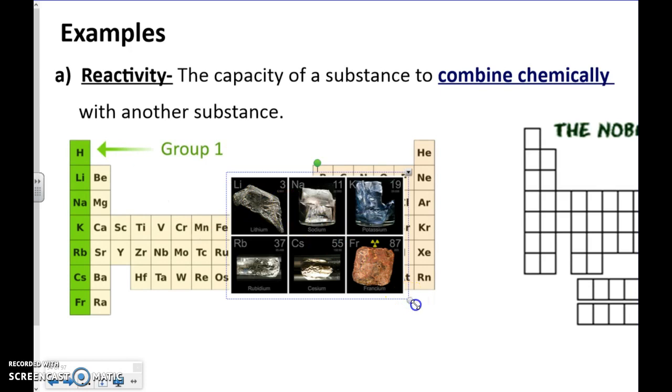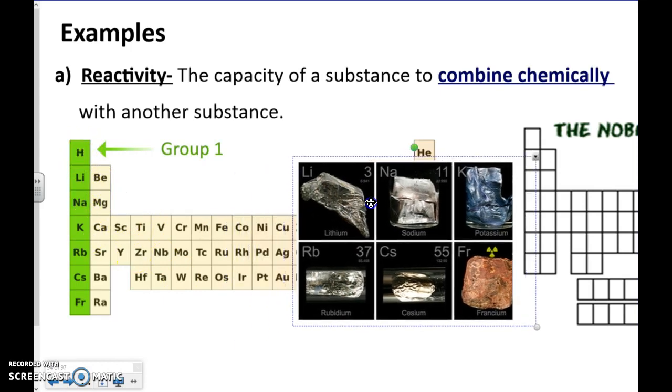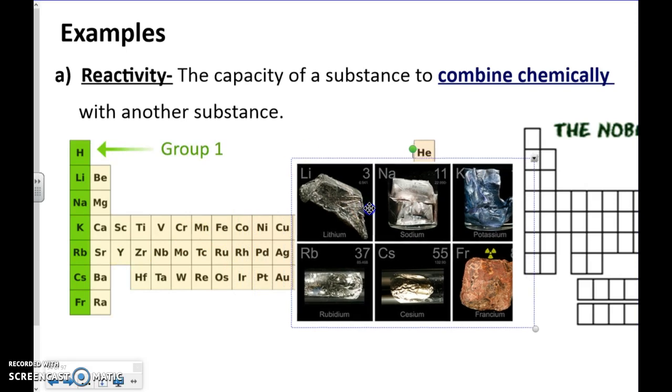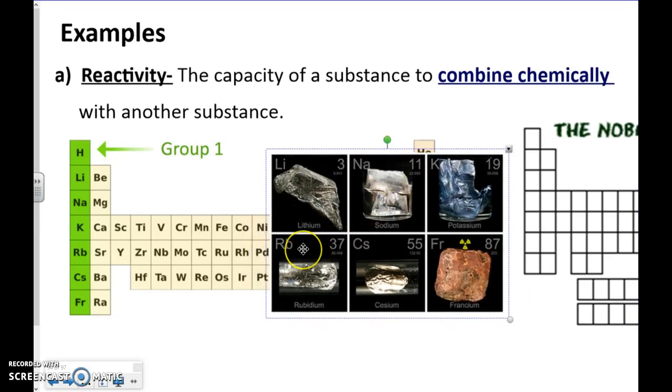We've got lithium, sodium, potassium, rubidium, cesium, francium. These elements are known particularly because they are so reactive. They have the most reactivity on the periodic table. Well, with the exception of fluorine, but we won't worry about that because we're not in chemistry right now. If you want to take a look and see some reactivity, some reaction of these different elements, I have attached in the NEO lesson a quick video going through the different